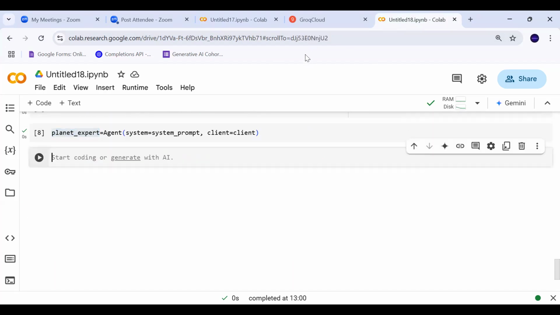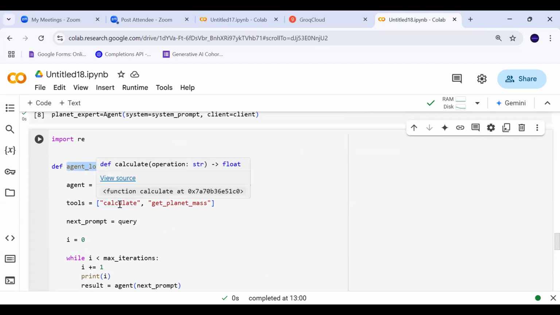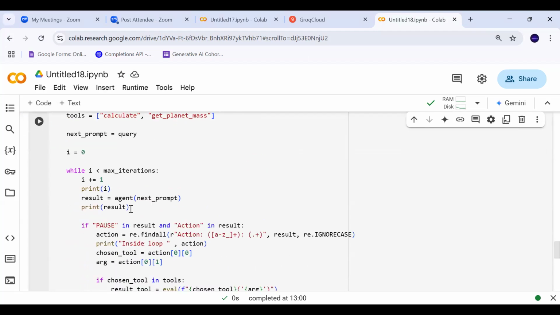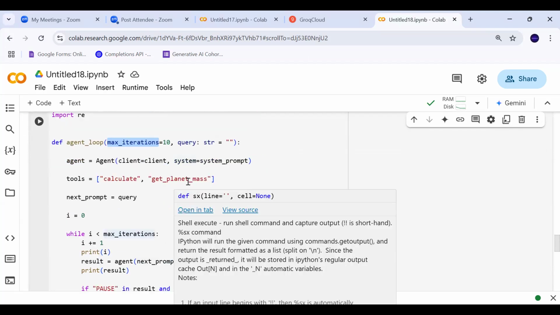Now, in order to automate that, I can write some Python code like this. I have defined another function, which is agent loop. I have defined that you can go to a maximum of 10 iterations. Maybe if it is stuck somewhere and is not able to find a suitable action, it will go in the loop indefinitely, right? So I want to exit from the loop once the iterations reach 10.